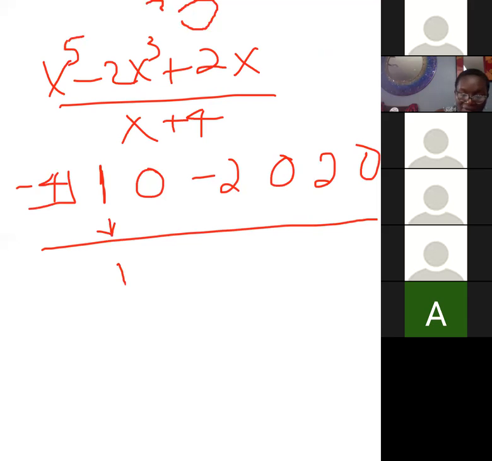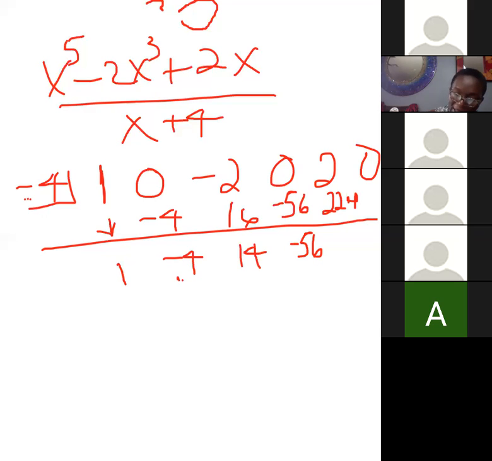Multiply 1 times negative 4, that gives you negative 4. Add, so you get negative 4. Multiply this negative 4 by negative 4, so you get positive 16. You add, you get 14. 14 times negative 4 is negative 56. You add, you get negative 56. Negative 56 times negative 4 is 224. And you add, you get 226. And then 226 times 4, that's going to be